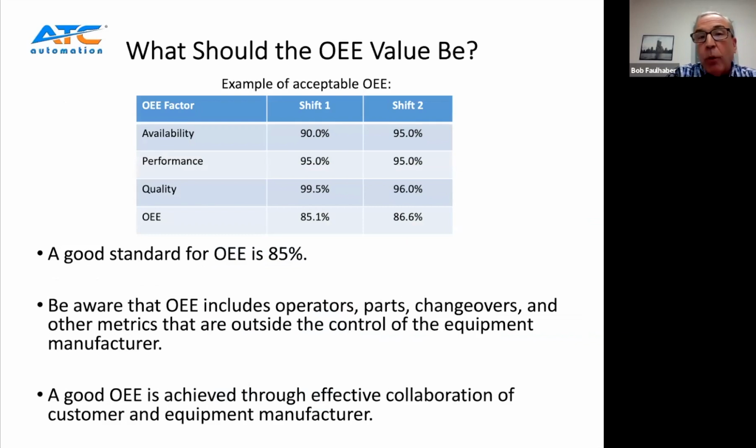So what should the OEE value be? This is an area where, as Russ mentioned, it can be a little bit contentious, and we have to calibrate ourselves to the way this calculation works. In engineering and manufacturing, we're really focused on statistical performance measures, and we're used to seeing Six Sigma values at 99.99% of the population. And oftentimes we think, well, that applies to OEE. It's the same thing, but it really is not.